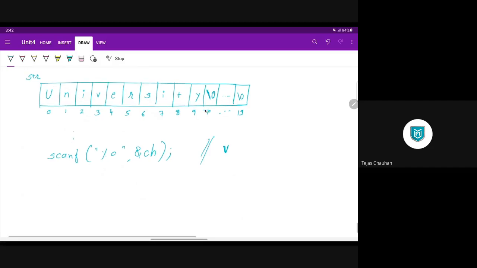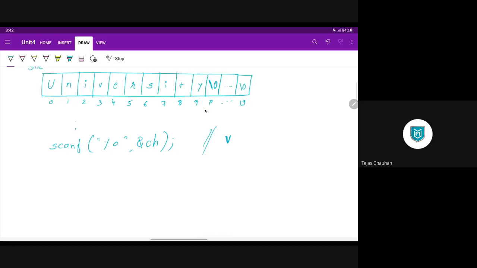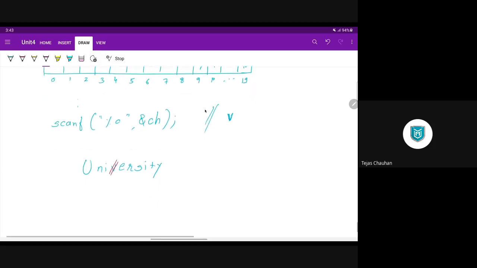Then, when we have university and you delete character v, your resulting string will become uni, now v is deleted, so we'll directly have ERSITY. Okay, this will be the resulting word.